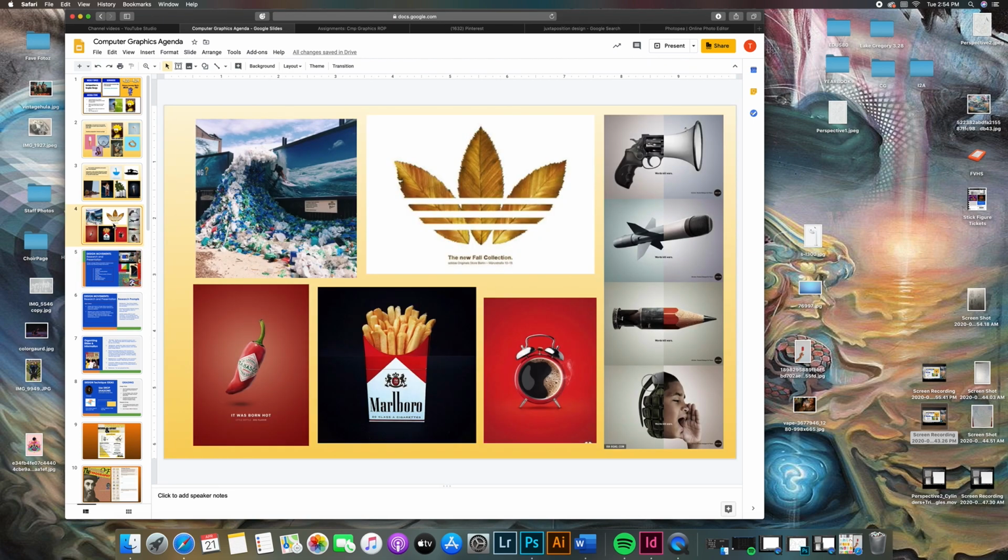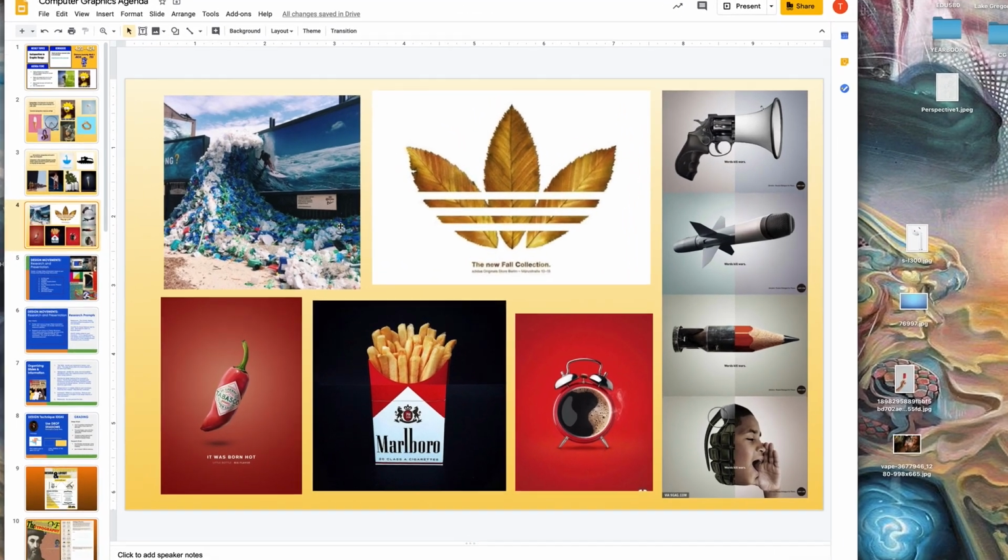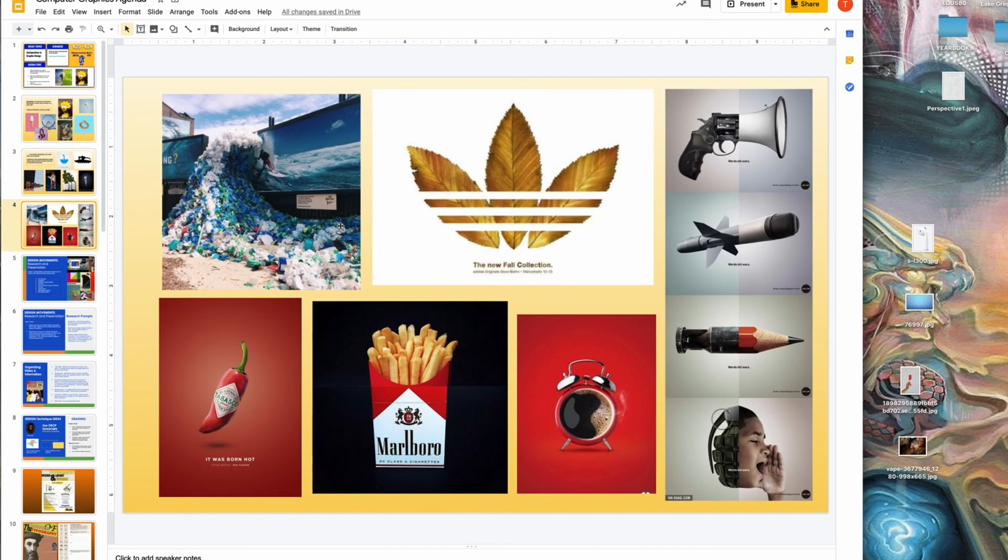And just the last slide here. Just looking at these images here. I thought this was a great idea, a great example of juxtaposition. We're looking at juxtaposition in 3D, and we can see this wave of trash flowing into the wave, bringing to our attention pollution of the ocean. Then we got more of an advertisement, a fall collection for Adidas, and so the leaves are actually taking the place of the Adidas logo,